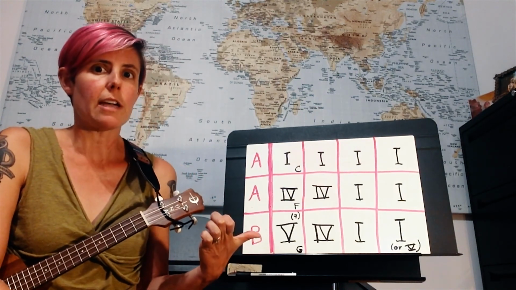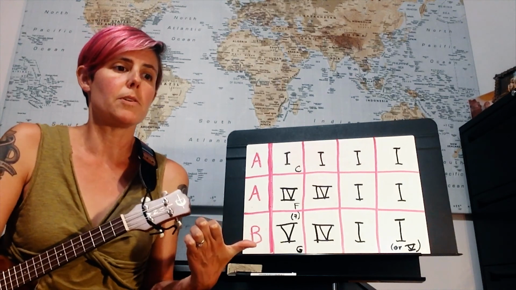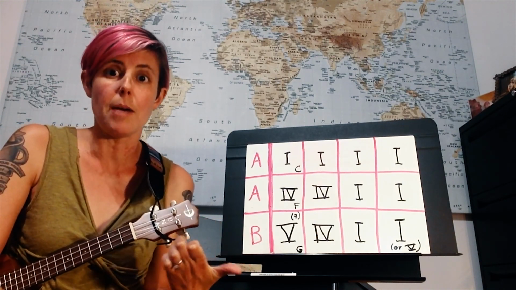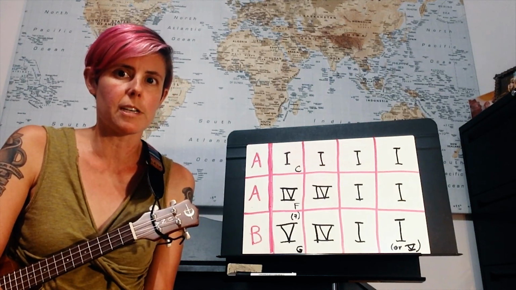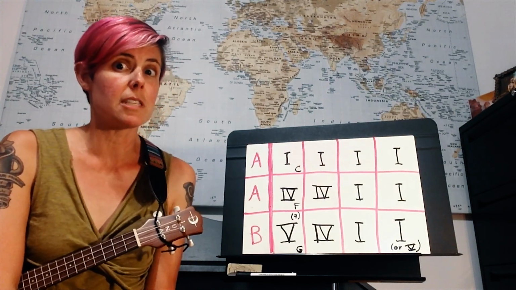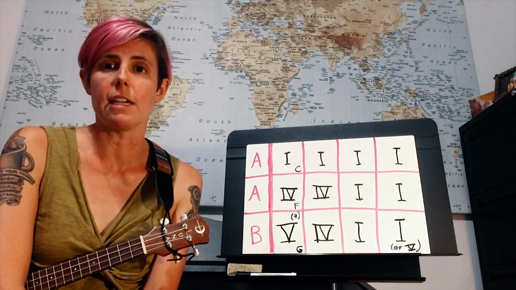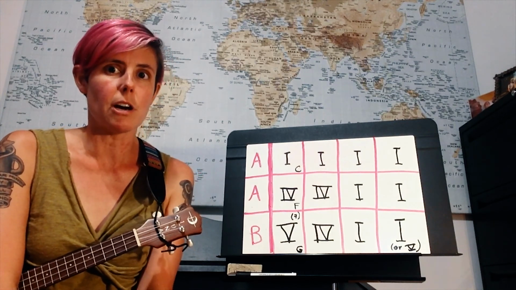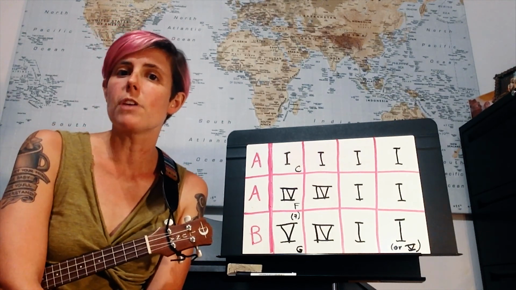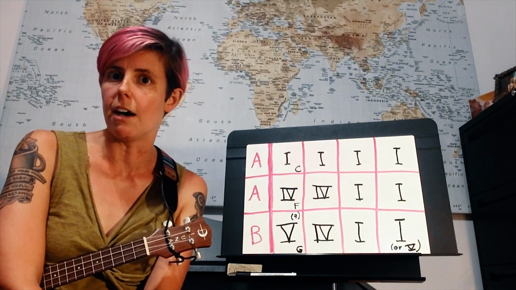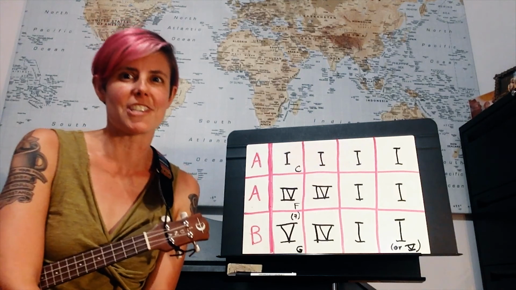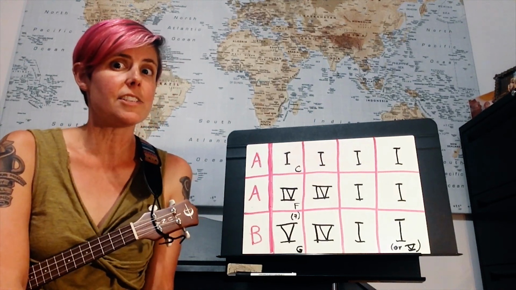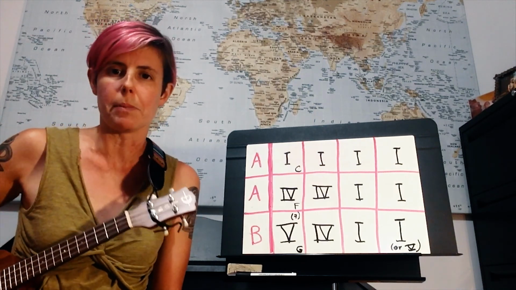I'm going to demonstrate this pattern with one of the most famous rock songs of all time, Hound Dog, which you may have heard made famous by Elvis Presley. But the song Hound Dog was not written for Elvis Presley. It was actually written as Hound Dog Blues for one of the most famous female blues singers of the 1950s, Big Mama Thornton. So Big Mama Thornton's version of Hound Dog Blues is on your playlist of 12-bar blues sung by girls,